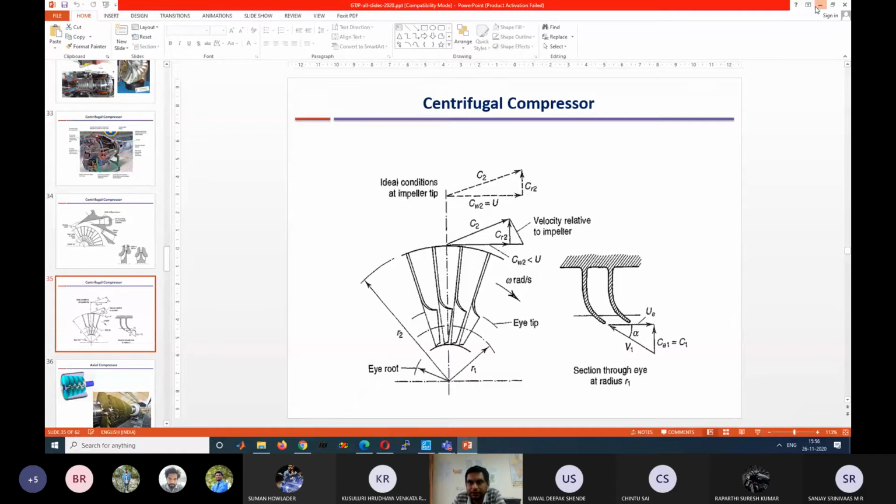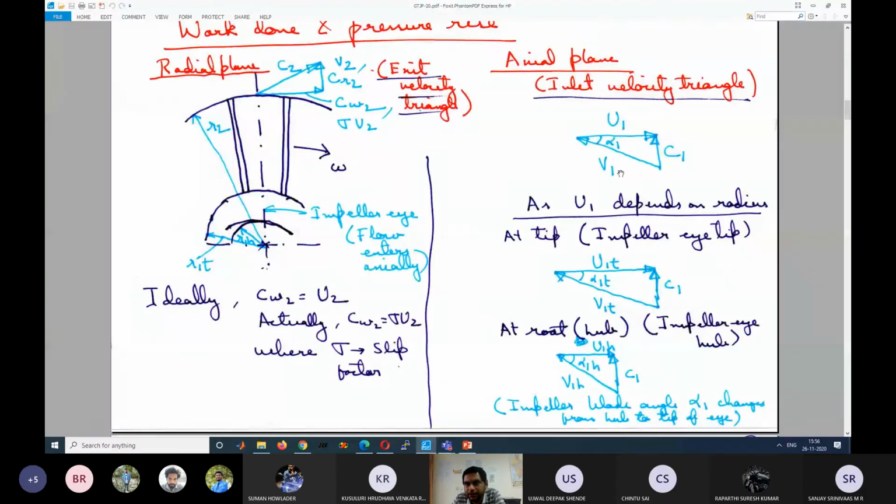Is this clear to everyone, the inlet velocity triangle? Or any confusion is there? This is very important. Sir, explain it again, sir. Okay, I will explain it again. So sir, the blade will see that the air is coming at the direction of V1, which is the relative, no? Yes, it comes at the direction of V1. And actually it is coming in direction C1.